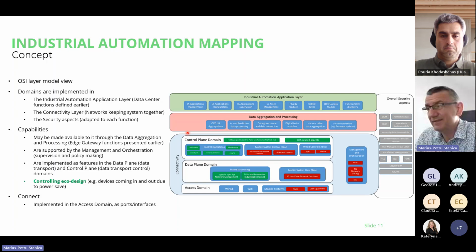Then we have, let's say, a connectivity layer. The connectivity layer is very, very important because it's the one putting everything together, and it's what allows us to support eco design also. So not only at the level of a device, I may have to go out to power save, but